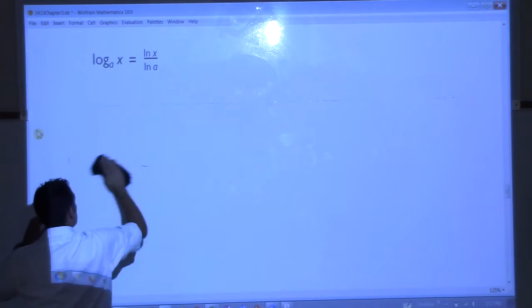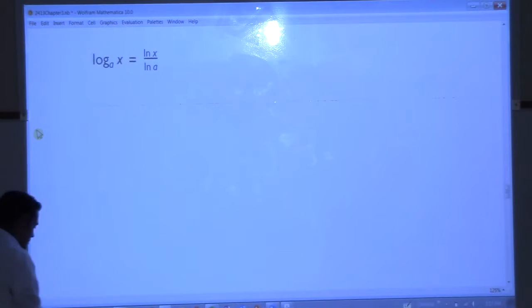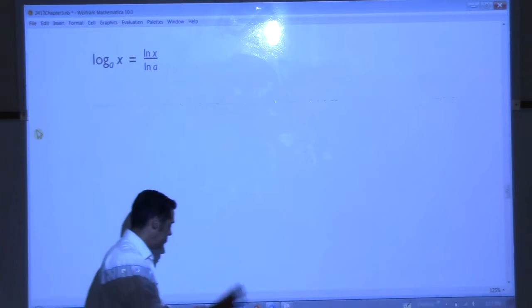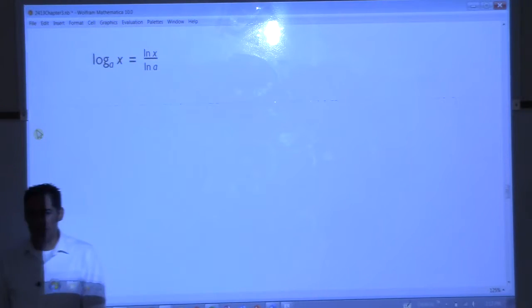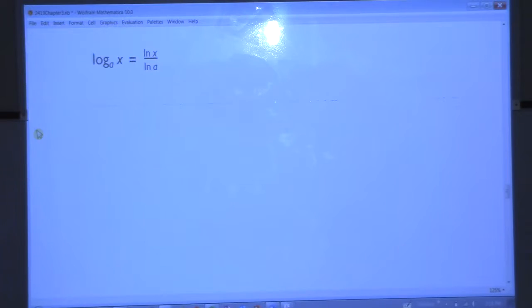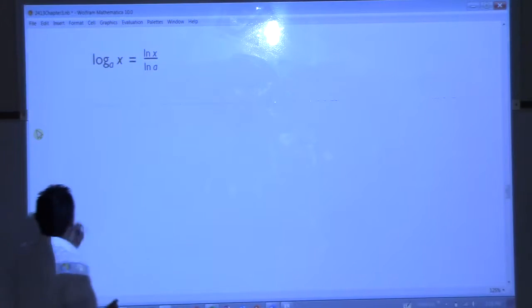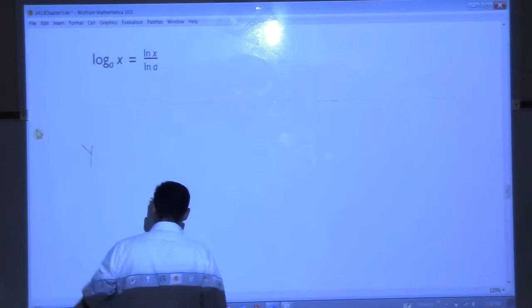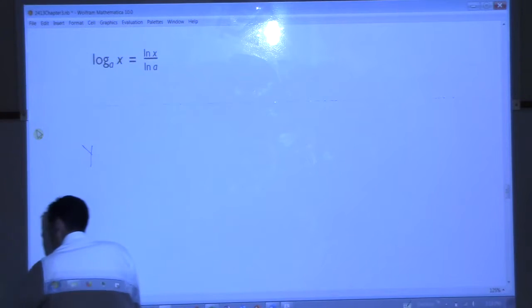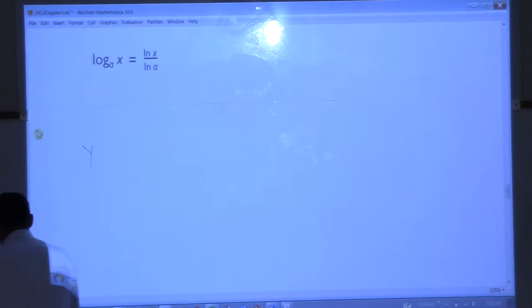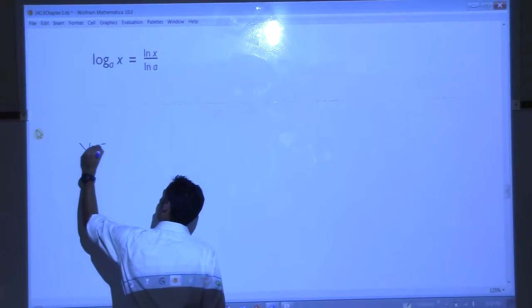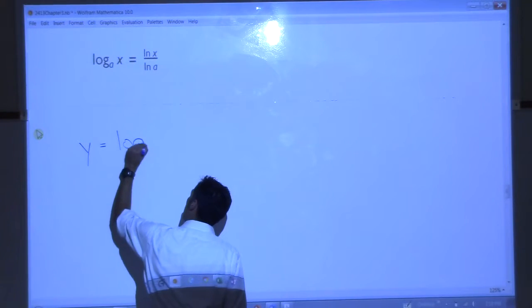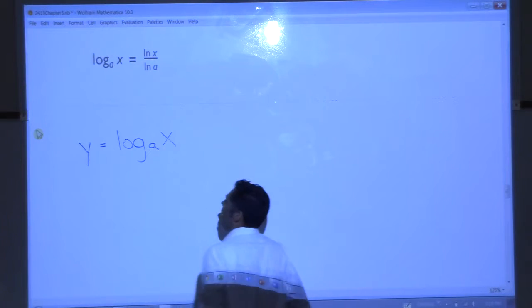All right, so let's say for now we're done with taking the derivatives of those exponential functions. What's next in line then? The log functions, right? If somebody gives you a log function, what is its derivative? So if you are starting here with y equals log base a of x, so a general logarithmic function,